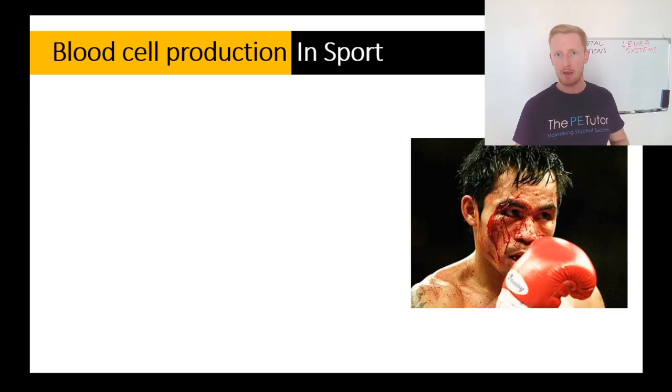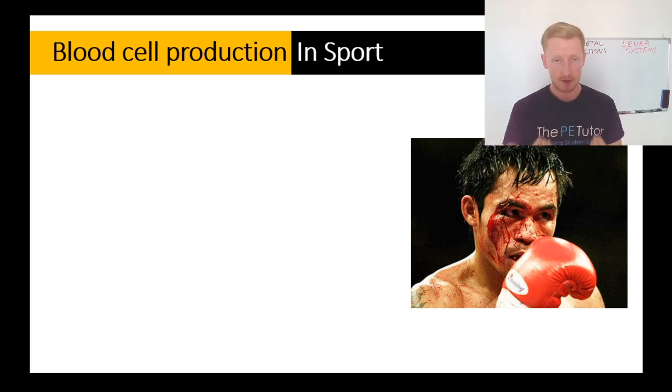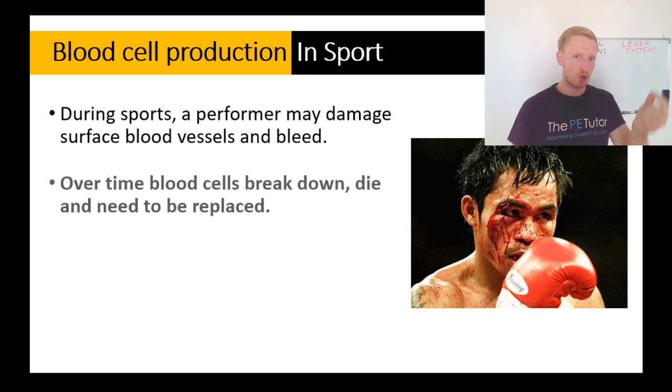Blood cell production. Now, this is on the bigger picture. Obviously, a sports performer wants to train, stress their body. They want to try and increase their red blood cell count if they can. On a shorter time frame, if someone goes through contact sports, if they do start to bleed instantly, then we are going to suffer from that short-term minor blood loss. The blood cell production from our skeletal system is going to make sure that we can recover from that ASAP. So we do have these shorter-term concepts,